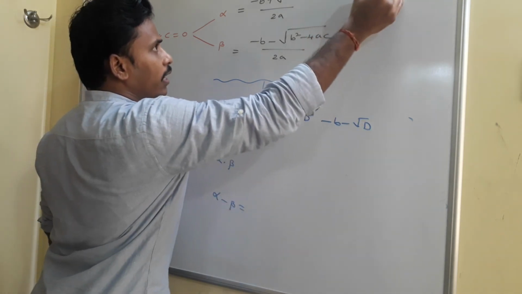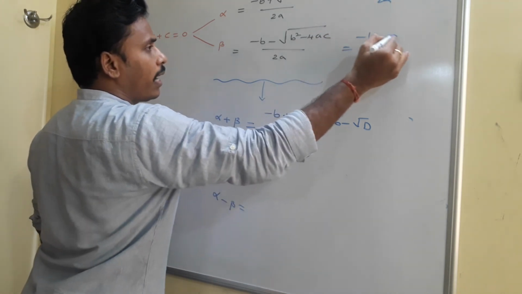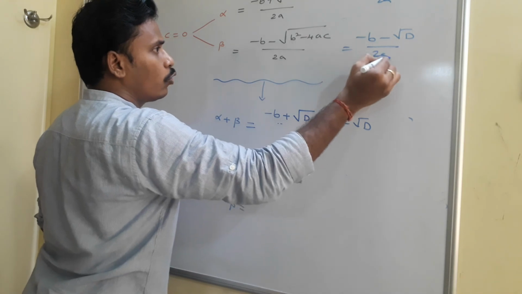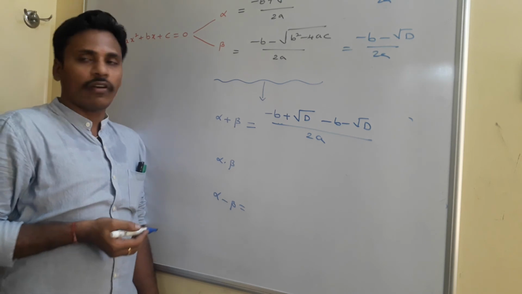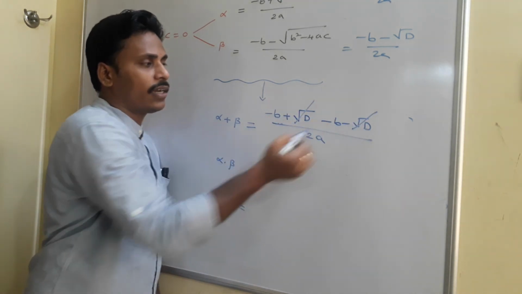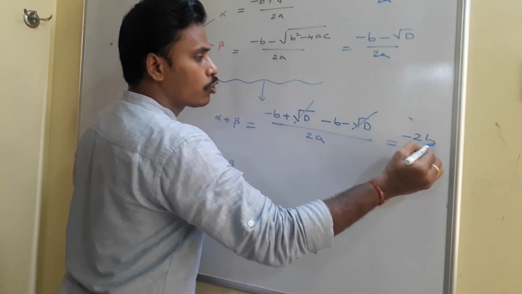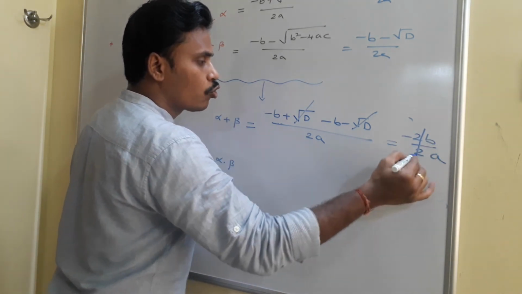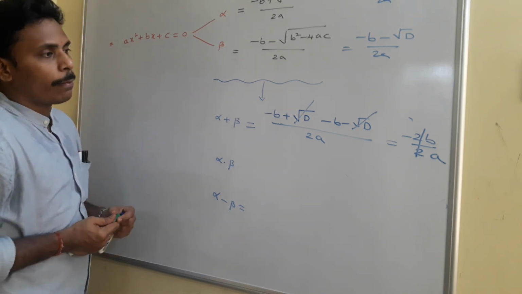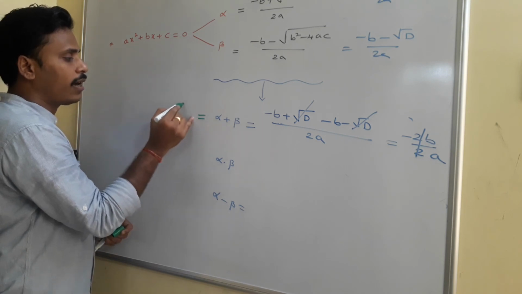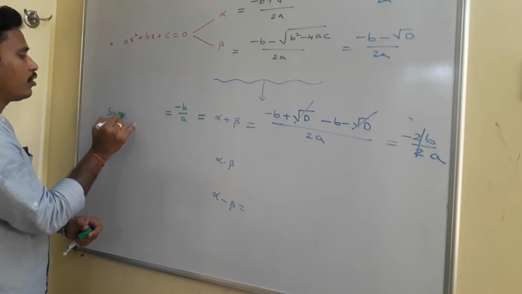As we let that root of b square minus 4ac be d, write it here again like this: minus b minus root d by 2a. Since we are adding, and the denominators are the same, directly you can write it like this. So here root d and root d will get cancelled. Then minus b and minus b is what? Minus 2b. So that is equal to minus 2b by 2a. These 2 and the 2 will get cancelled. At the end, the sum of the roots is given by minus b by a. Alpha plus beta is equal to minus b by a,